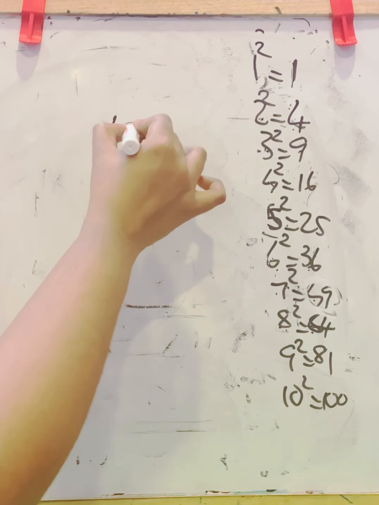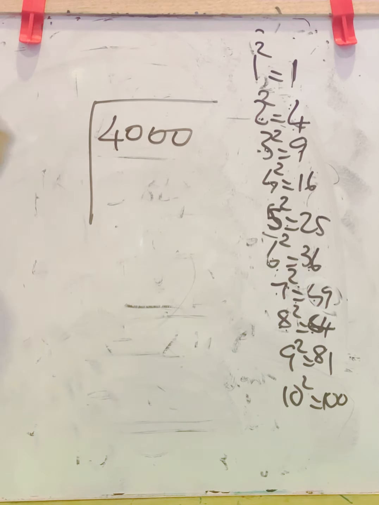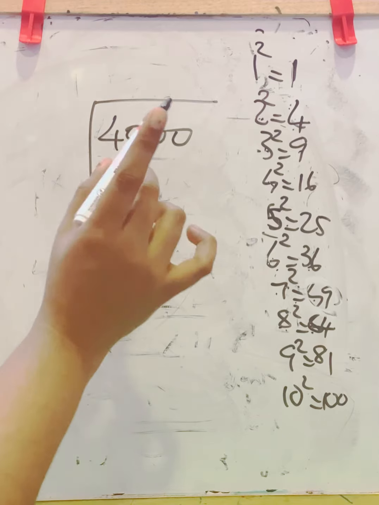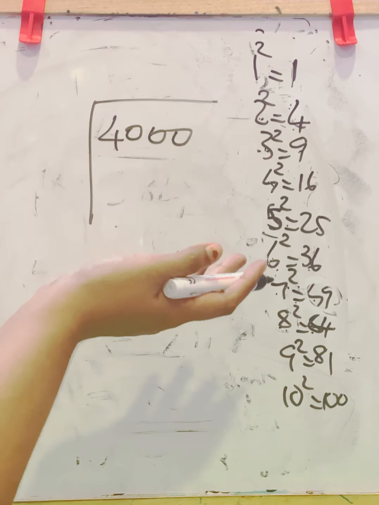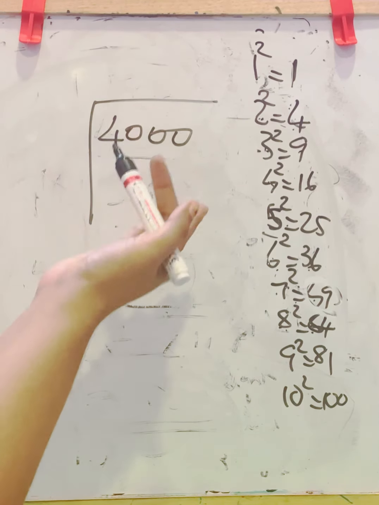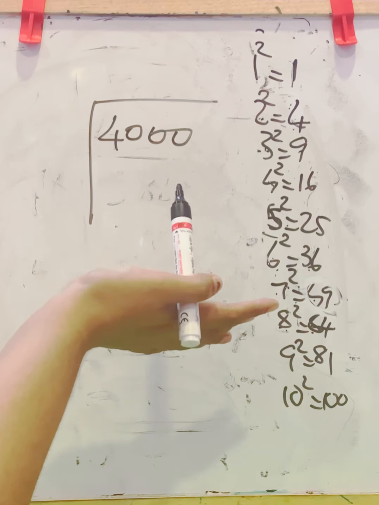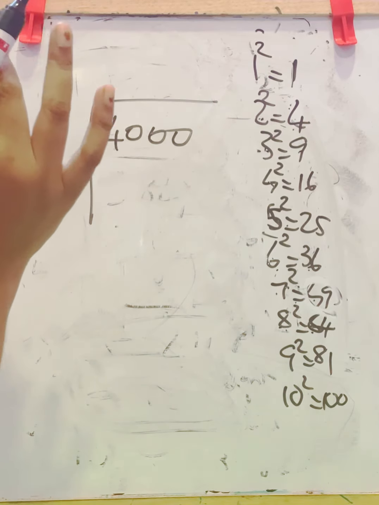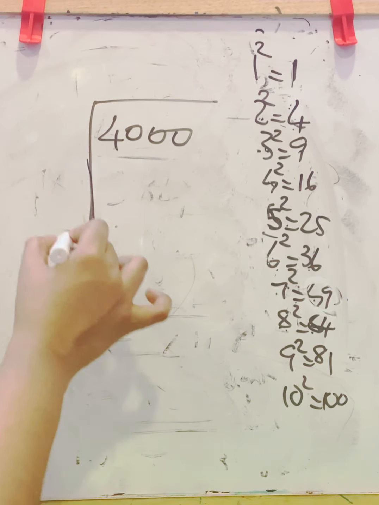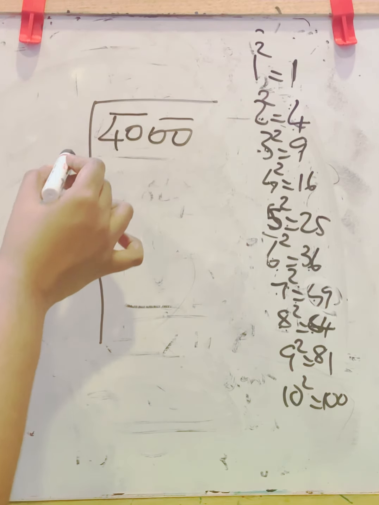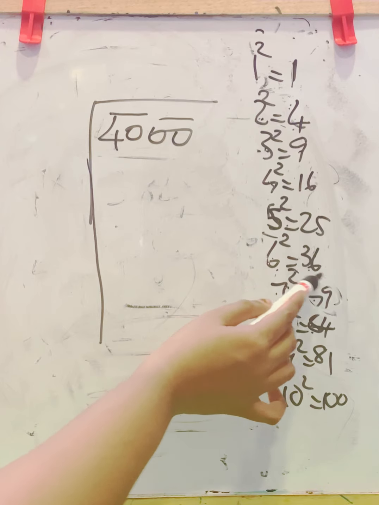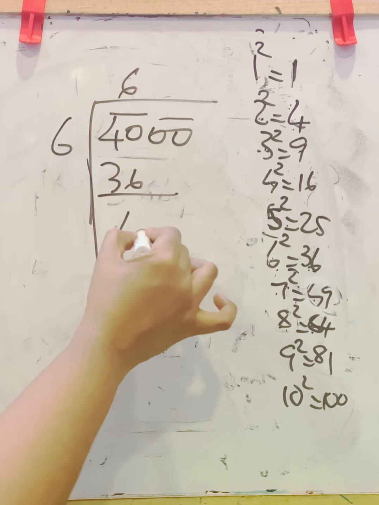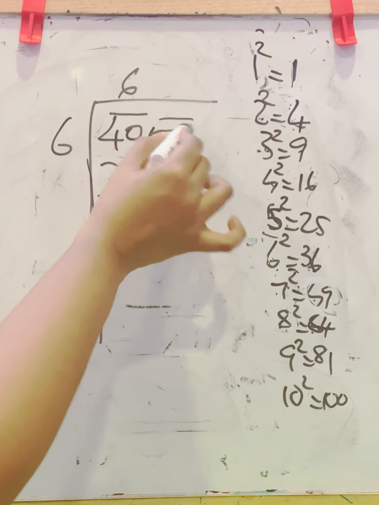Next 4000. We know if it is ending with digit 0, then the number of zeros must not be odd. If it is odd, you can say it is not a perfect square. This is 3. It is odd. So you can say this is not a perfect square. So what number should be subtracted to get a perfect square? That is what we are going to find out. So pair it. Below 40, you have perfect square 36. That is 6 6s are 36. Balance is 4. Carry down these 2 zeros.